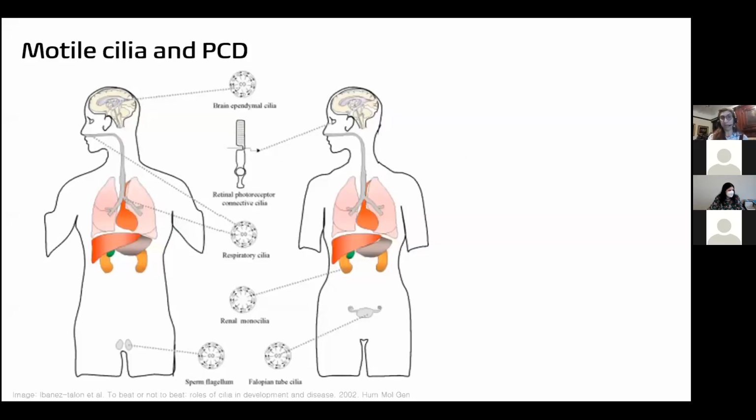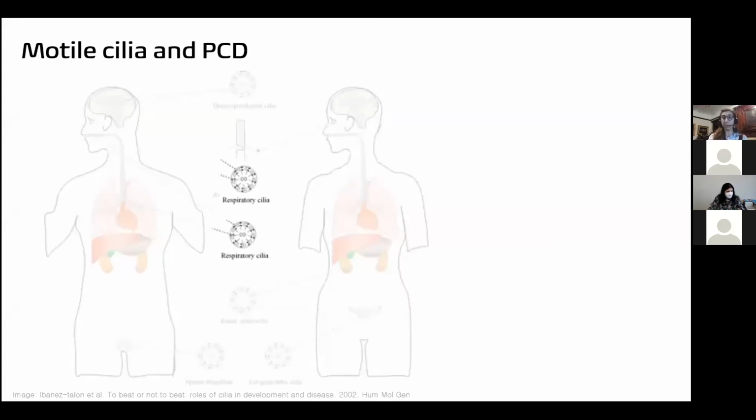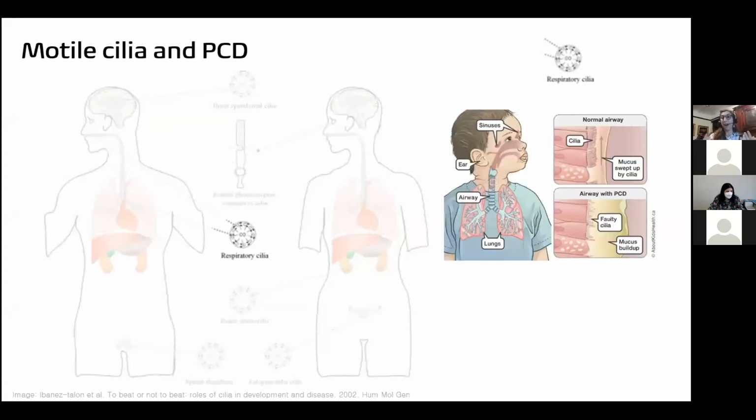But first of all, it's impossible to talk about PCD without talking about motile cilia. And motile cilia exist in many places of our body, but today we will focus on respiratory cilia. Respiratory cilia are important to sweep all those nasty little things that come into our airways and to keep our airways clean and our mucus flowing. So if we don't have these cilia working as they should, this mucus will build up, and the mucus is an incredibly good environment for the growth of pathogens. So it kind of leads to a catastrophic